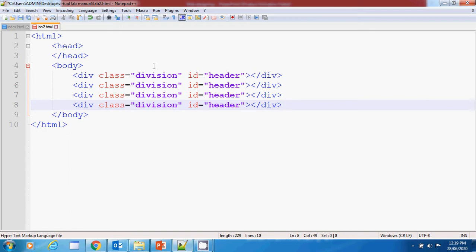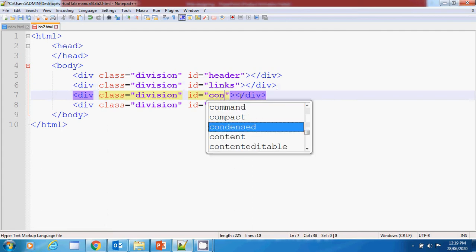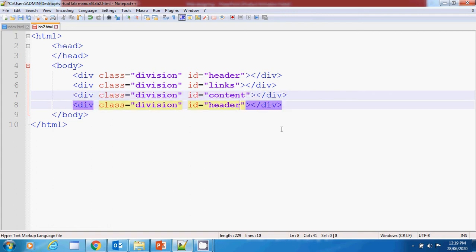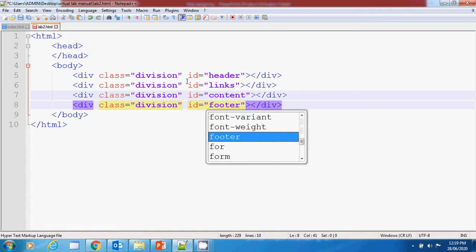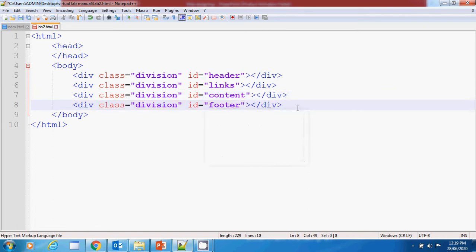The class of all divs is the same and the IDs are different. For this I'm creating links. This div is for the content section and this div is for the footer, right? So 4 divs are being created inside our page.